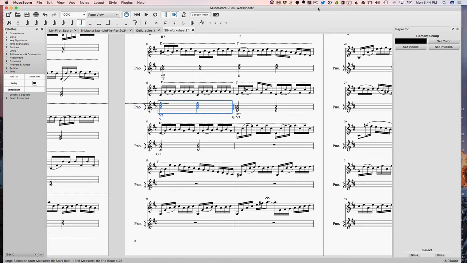Okay, last but not least is modulation. So modulation means we've moved to a new key. We can also call modulation just a key change. It's a change in key. Now, be careful when you think about it as a key change, because a lot of the time,